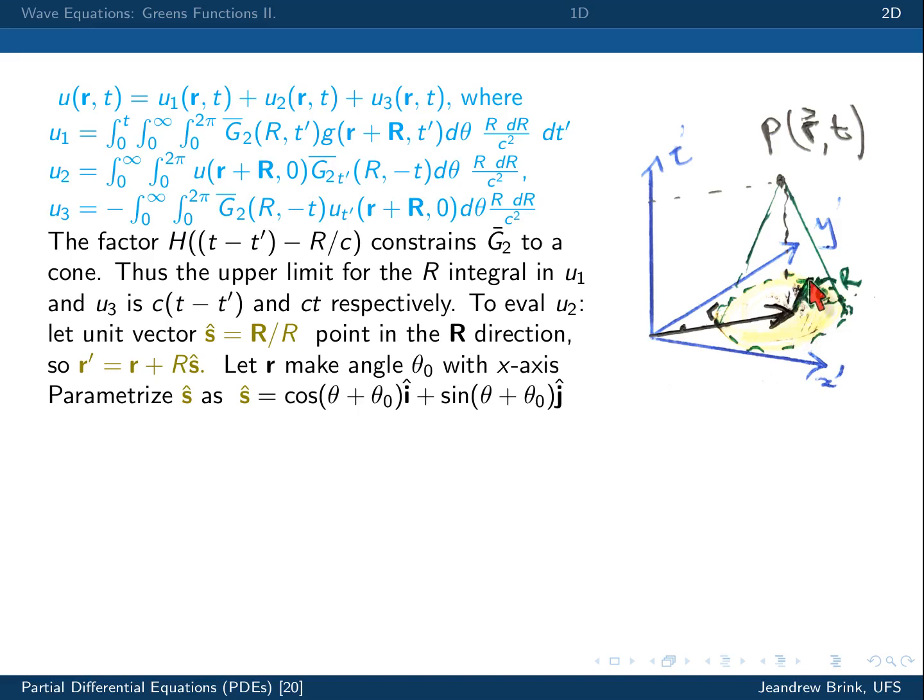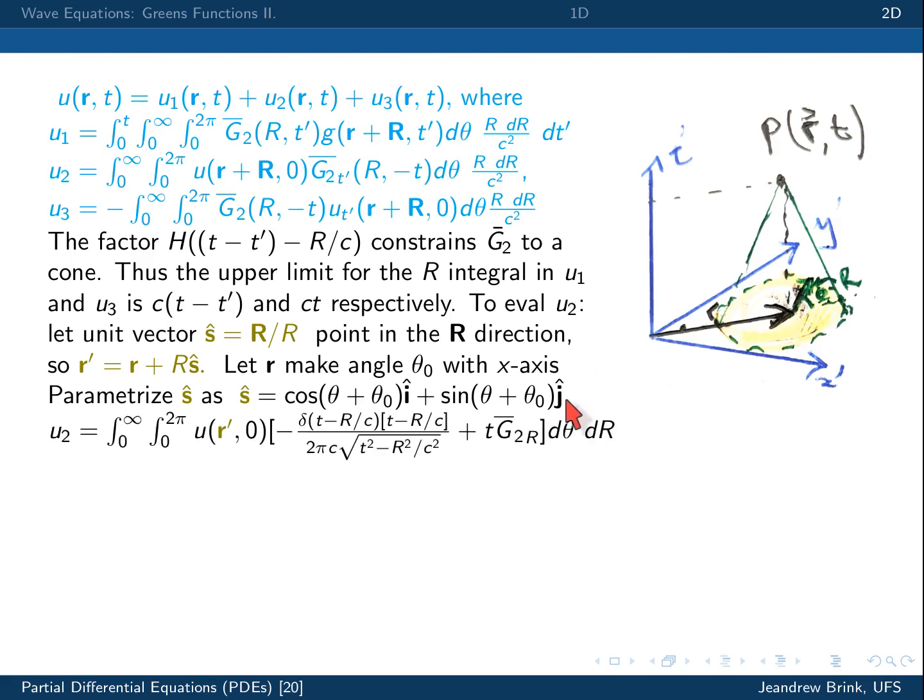And so the unit vector that points in the R direction is simply cos of theta plus theta 0 in the i plus sine of theta plus theta 0 over there in the y direction. Okay, so R hat is the unit vector pointing in that direction. And when we do that, we can go on and we can express U2 as follows. It's simply now the integral from 0 to infinity dr, because I haven't yet restricted the domain because I've still got this derivative